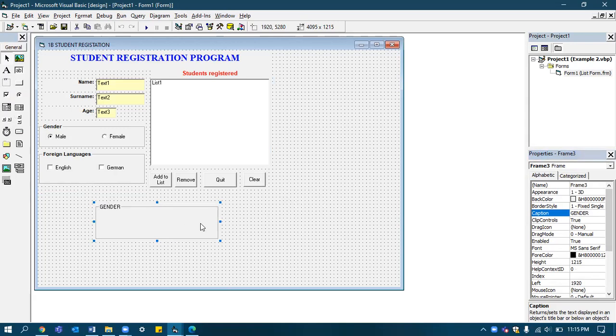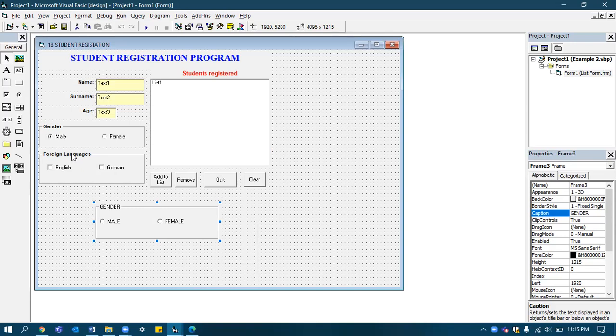And if you could observe, our male and female has got hidden, and only the frame is in the front. To overcome this, you need to select the frame, right click, send to back. When you give it, those 2 will come in front. So understood? Place 2 option buttons, then place a frame, change the caption of the frame, then right click on the frame and select send to back. It will go back and be in this position.